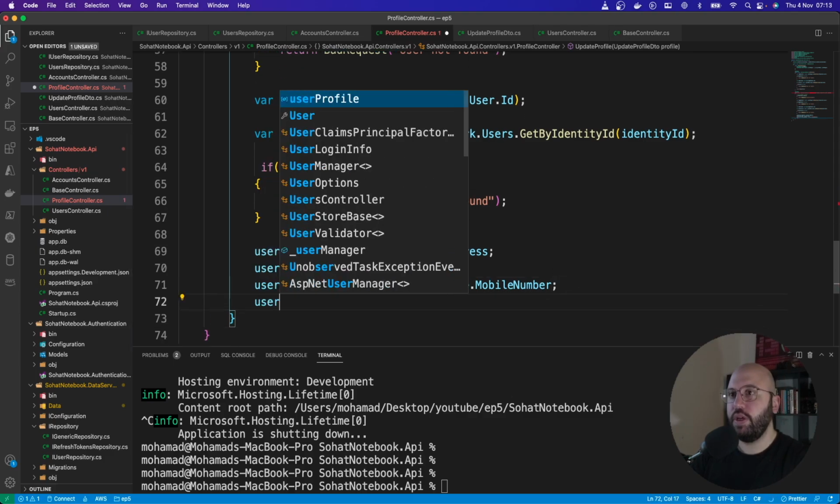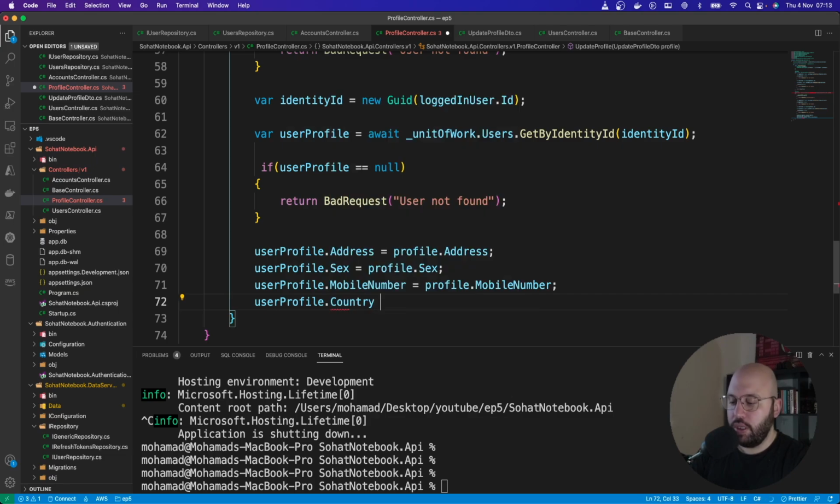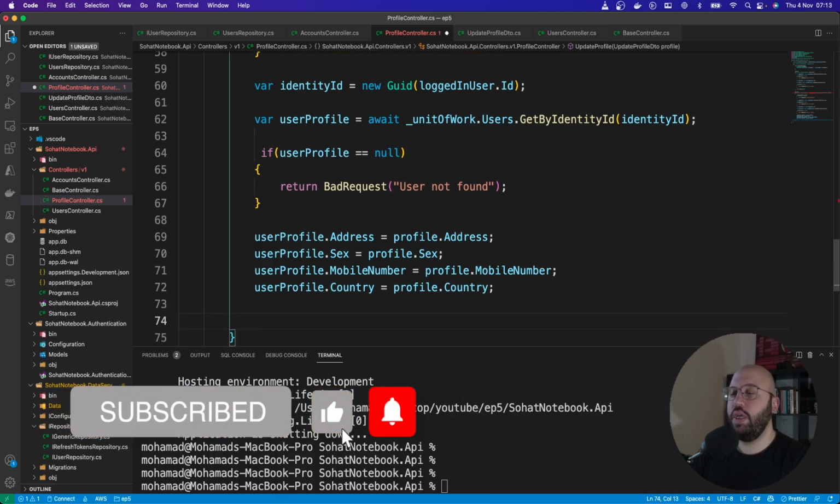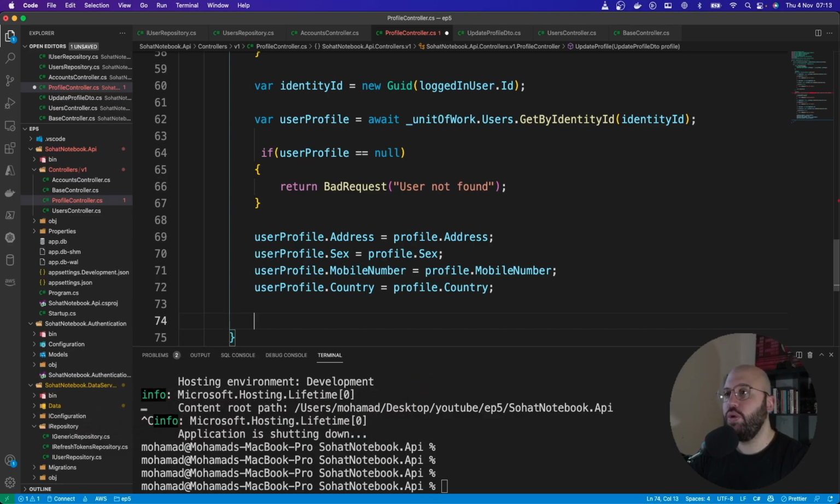And user profile dot country equal profile dot country. And once we have done all of that, what we need to do is update the information inside our database. So how do we do that? We need to call the unit of work, and from that unit of work we need to update it. So we're gonna put var isUpdated, that's what we're gonna call it,